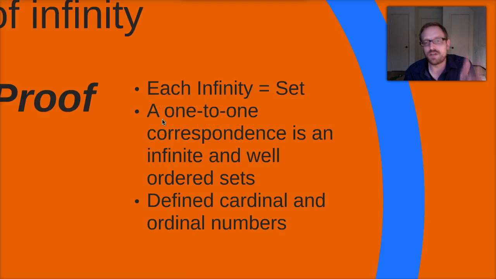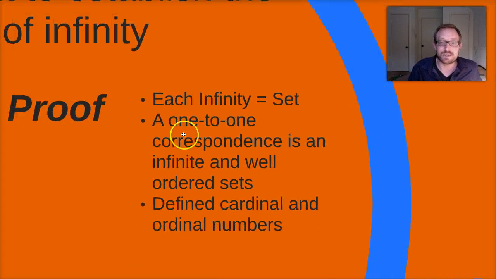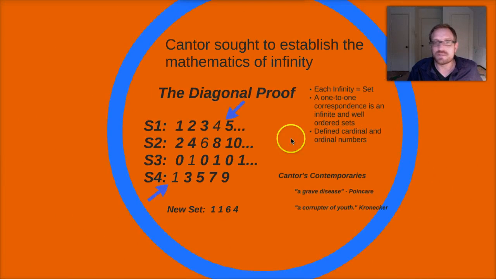And we can say that if there's a one-to-one correspondence in the infinite, then we have an infinite and we have a well-ordered set. So if two sets merge and they're always the same, it works out pretty well, right? But then there are sets that change and they're slightly different. And so he defined cardinal numbers and ordinal numbers, and ultimately what he calls transfinite numbers, in order to calculate the mathematical relations between different infinite sets. And then he created a sort of symbolization system in order to articulate how these sets are related to each other.